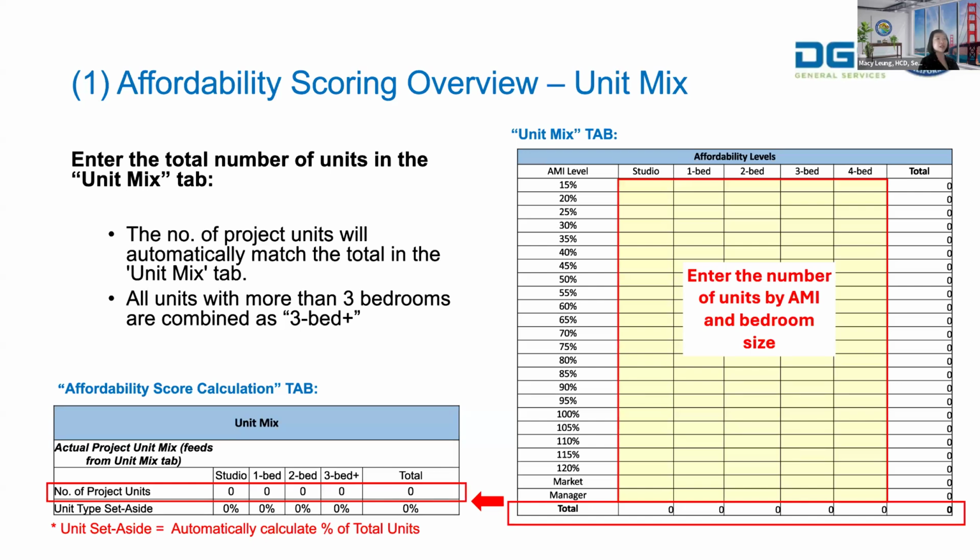The first step to evaluate your project's affordability scoring is to enter your number of units by area median income, or in other words, AMI, and bedroom sizes in the unit mix tab. You see where it says enter the number of units in the yellow box, and you can allocate specific units by AMI level there. This will automatically calculate to the bottom of the unit matrix the total number of units